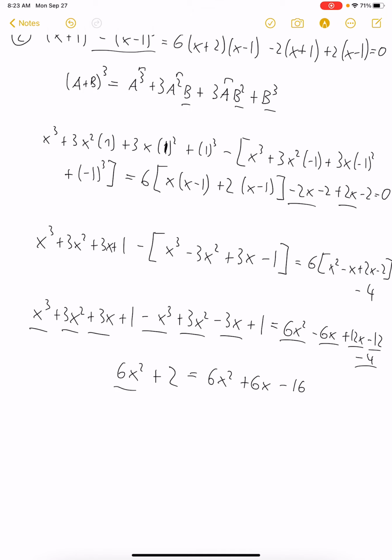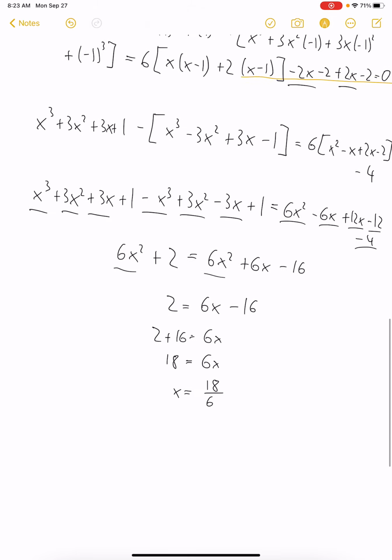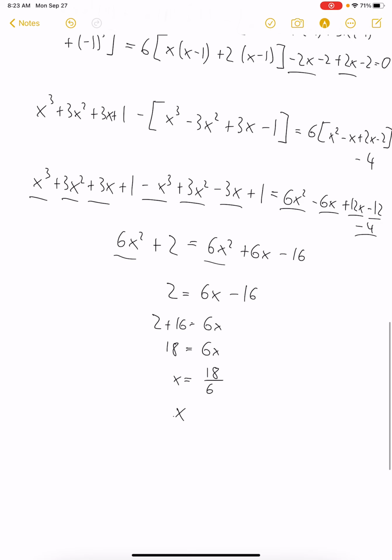So again, quadratic terms cancel, and we are left with 2 is equal to 6x minus 16. Adding 16 to both sides, we have 2 plus 16 is 6x, 18 is 6x, which means that by dividing both sides of the equation by 6, we get x is equal to 18 over 6, which means x is equal to